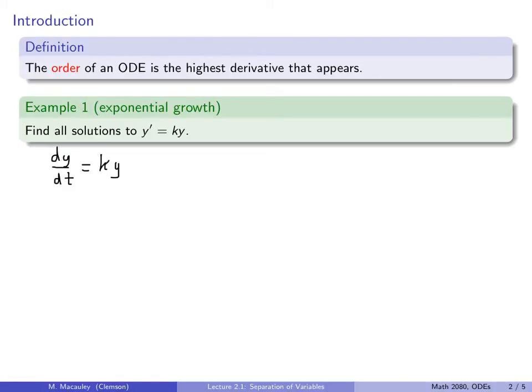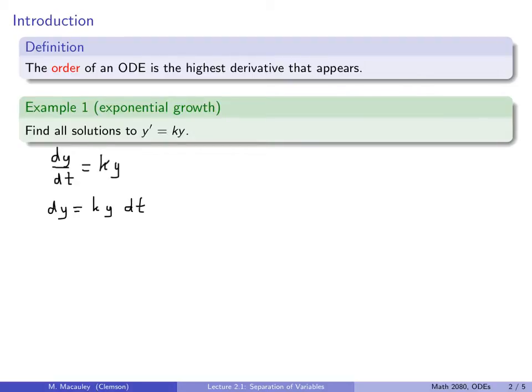Now, the next step is something that you've probably wondered when you first saw derivatives in calculus, if you could do something like this. And yes, we are going to split up the fraction dy/dt. You may have even asked your first year calculus teacher, can I break it up? Is this a fraction? And maybe they even said, no, you can't. But if they did, that's akin to your elementary school math teachers saying, no, you cannot subtract a bigger number from a smaller number. It doesn't work. Now, the truth is, yes, you can, but it's beyond the scope of the class. So let's do that, and we get dy equals ky